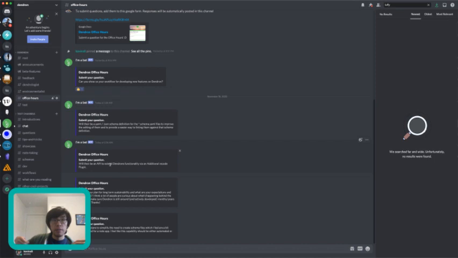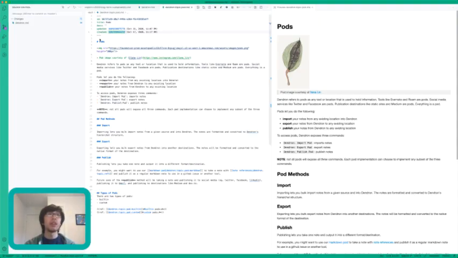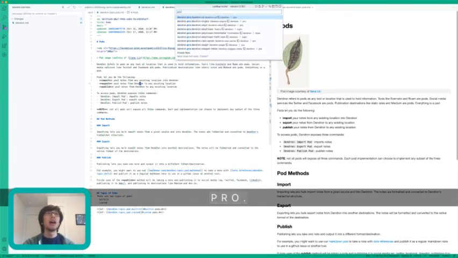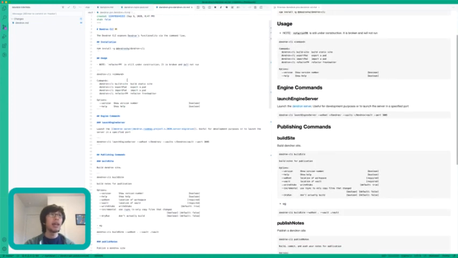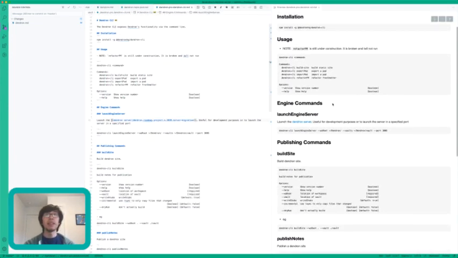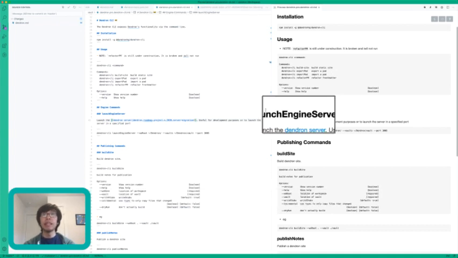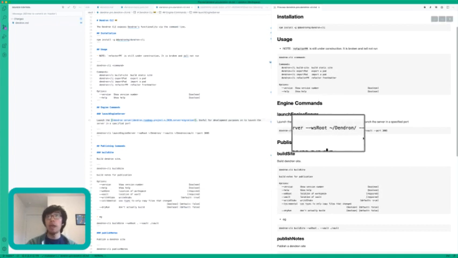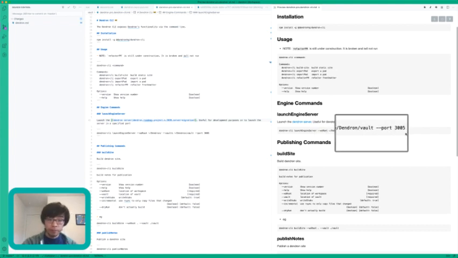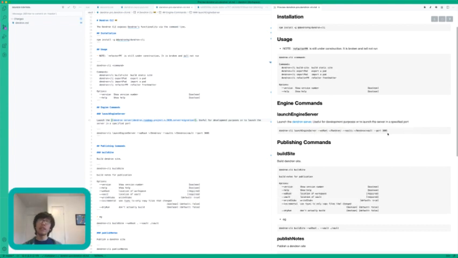It's also going to be possible, in terms of decoupling from VS Code, to launch Dendron without VS Code. So today, if you go to the project CLIs, we actually have a command called launch engine server. And this is actually what happens behind the scenes when you use Dendron. This is going to start the Dendron HTTP Express server in the background. So in the future, you can imagine accessing most, if not all, of Dendron's functionality without even having VS Code